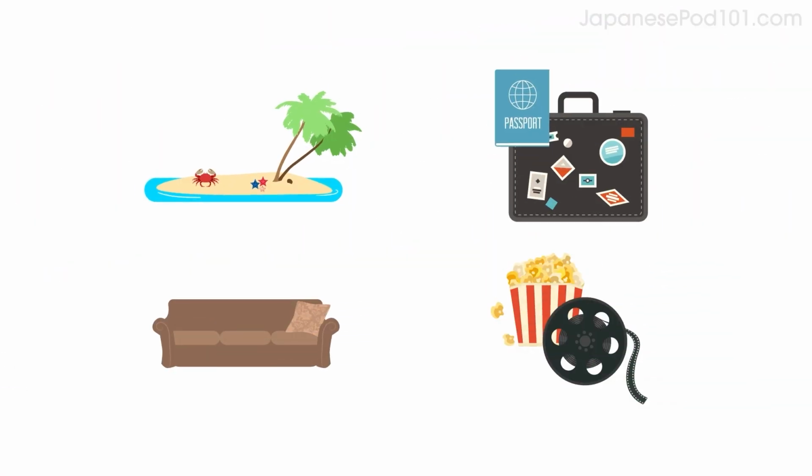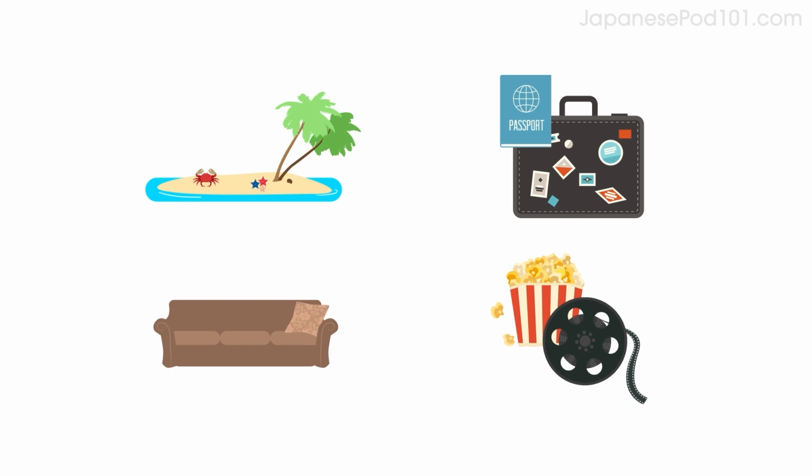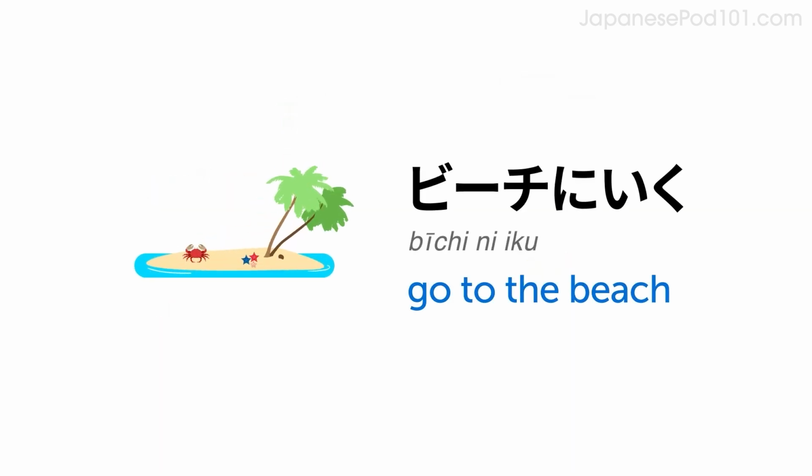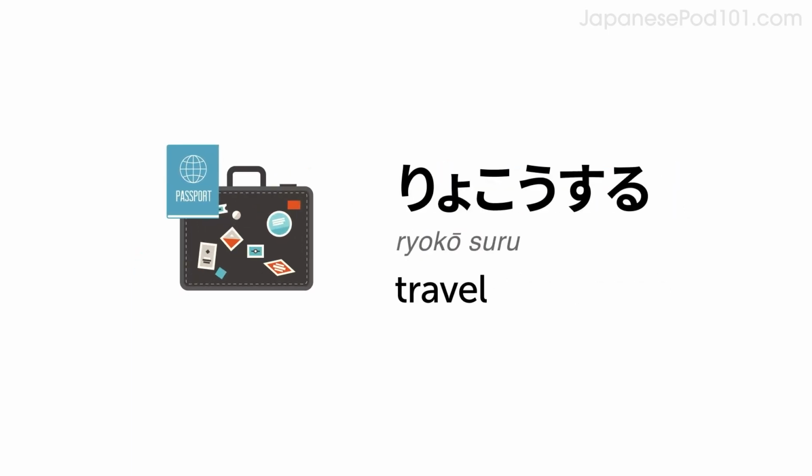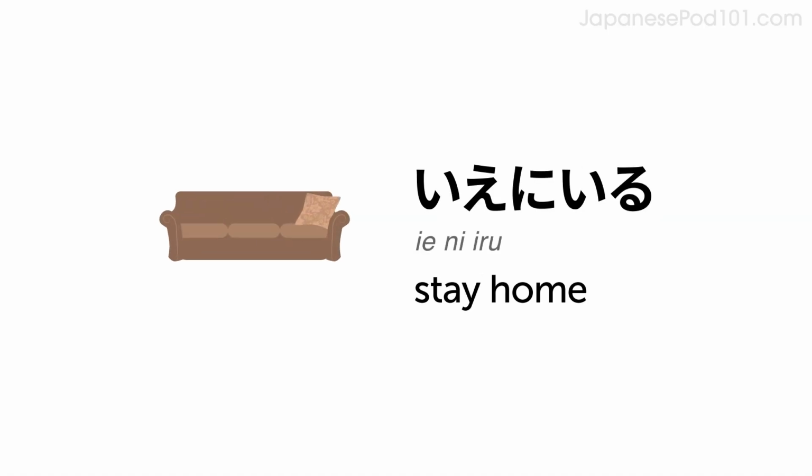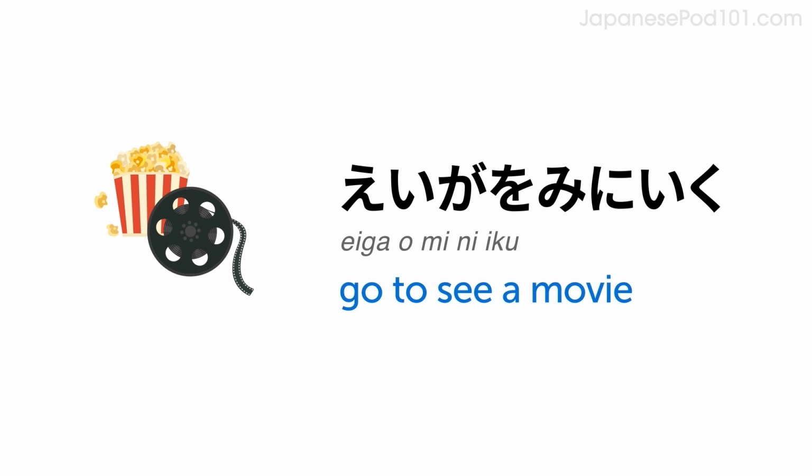Here are a few more phrases you can use with the same pattern to talk about your plans. Go to the beach. ビーチに行く。 Travel. 旅行する。 Stay home. 家にいる。 Go to see a movie. 映画を見に行く。